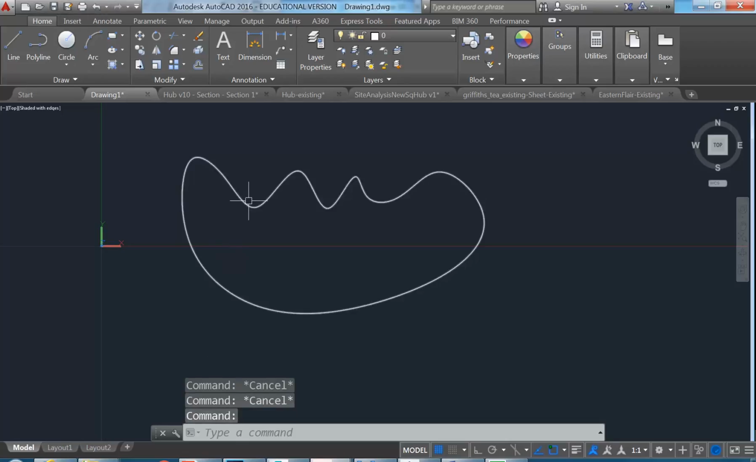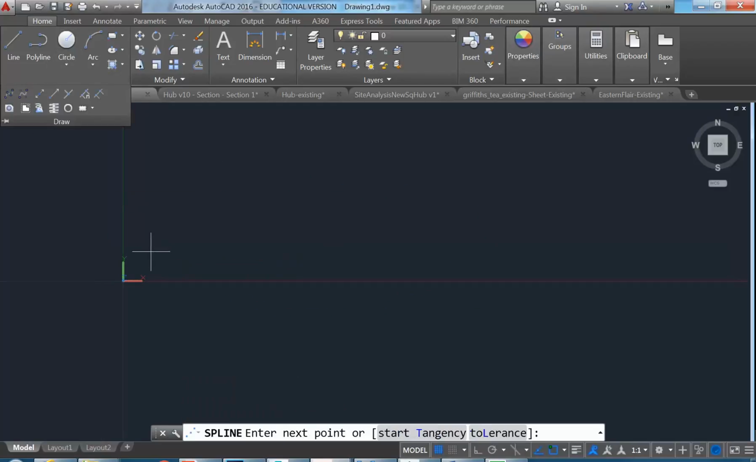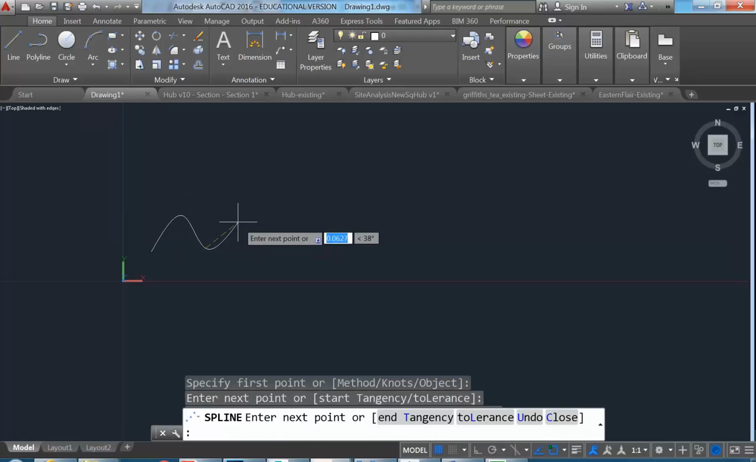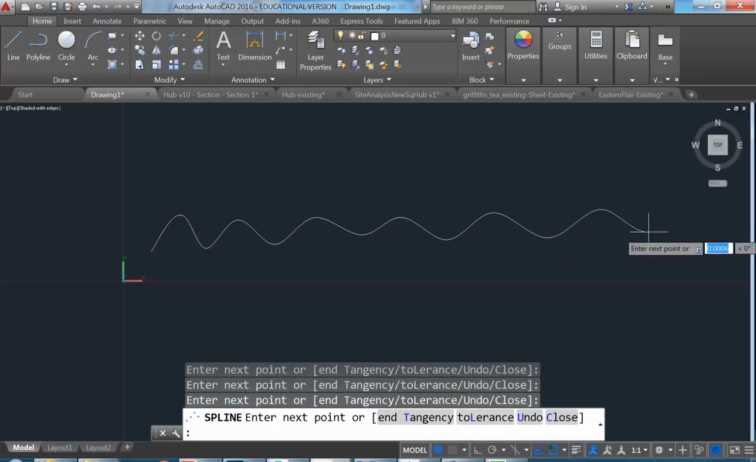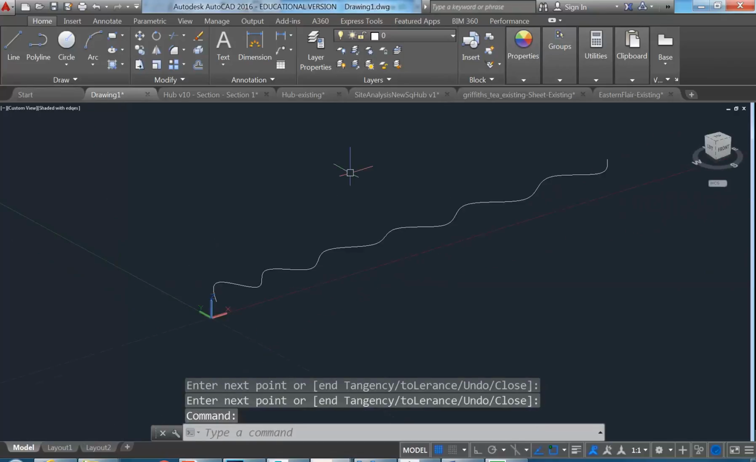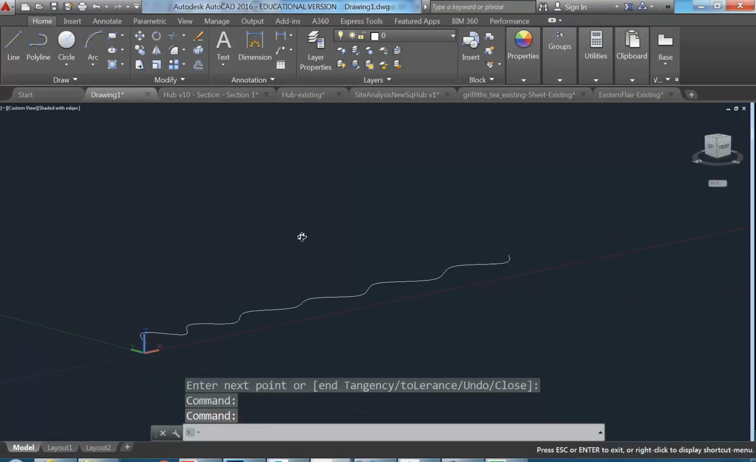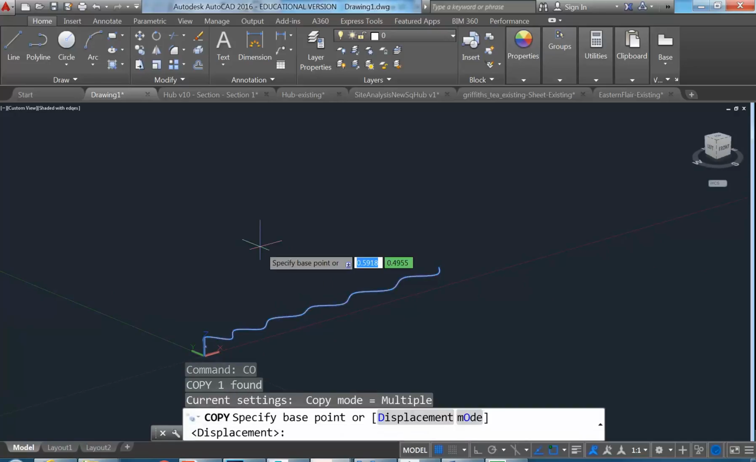So you can have a spline. I'll just draw a new one. Okay, so I'm just going to make a spline shape. Okay, so that might be the bottom of my curtain. I've just orbited the view. Shift on the middle mouse button will orbit in AutoCAD just like in Revit. I'm going to copy this shape 2.5 meters